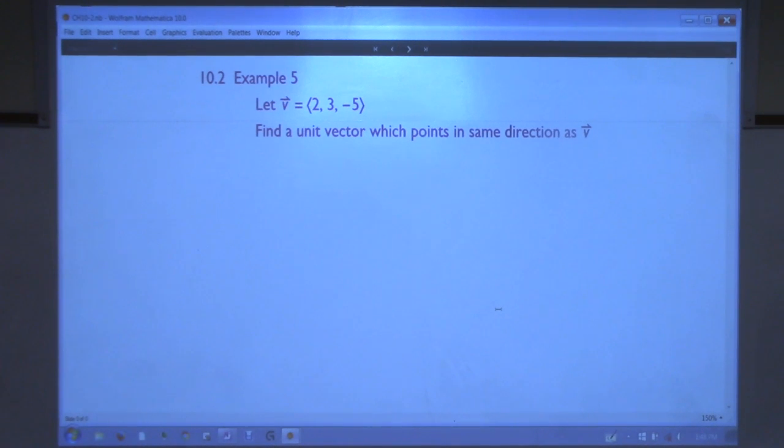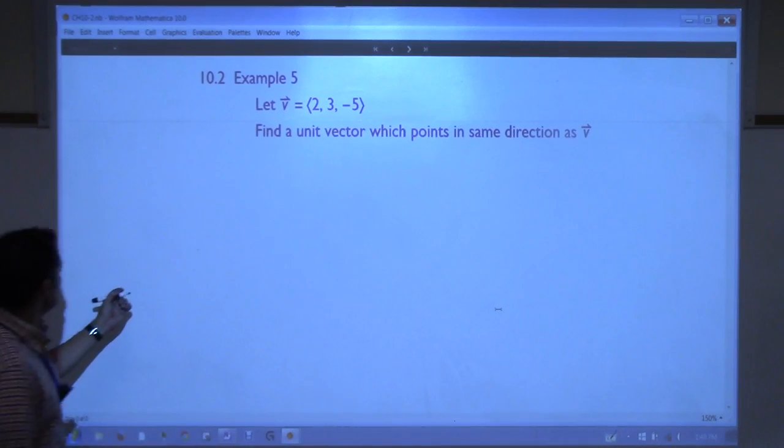Who's lost? It's okay to be lost. Anyone lost? You know what to do? What do you need to do? Find the length of v first, right? Just find its length. Okay, let's compute that first,